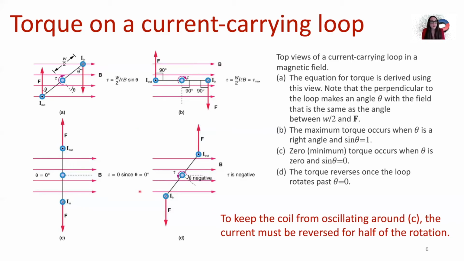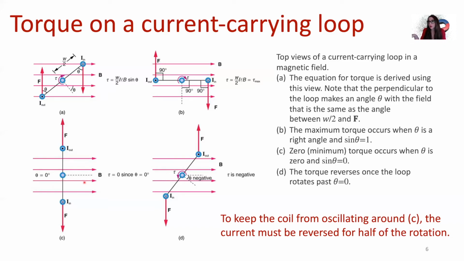So to keep the coil from oscillating around this orientation right here, back and forth, the current has to be reversed for half of the loop's rotation. You can do that by using an alternating current source, or you can do that by having a direct current source and somehow manipulating your device such that you get the current running through the loop to switch direction during half its rotation. So in lab, when we created our electromotor, what we did is we sanded off one side of each of those arms